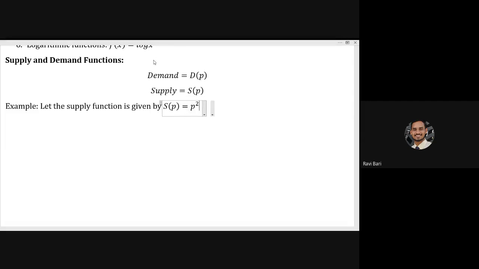p square minus 2p plus 2. So this is your supply function. So here supply depends on the price P. So you have to find the supply when the price is P. The question is find the supply when price is